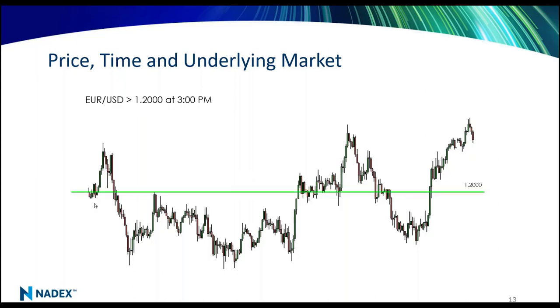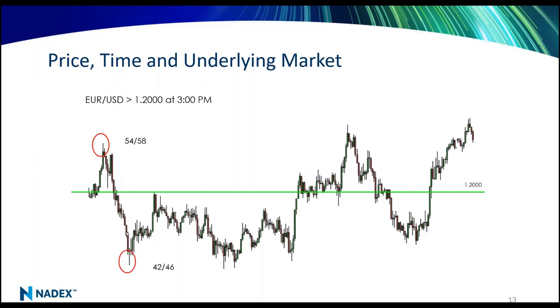Now, here's a chart of what the euro US dollar was doing. And there's that 1.20 level. I'm just going to quickly walk through how the price of the binary option could change early in this period. Again, this could be the very beginning of a 5-minute window. It's already above, right? It's already trading higher than 1.20, and the market was pricing it right between the bid-ask spread, 56% probability, right in the middle, that it's going to finish above.